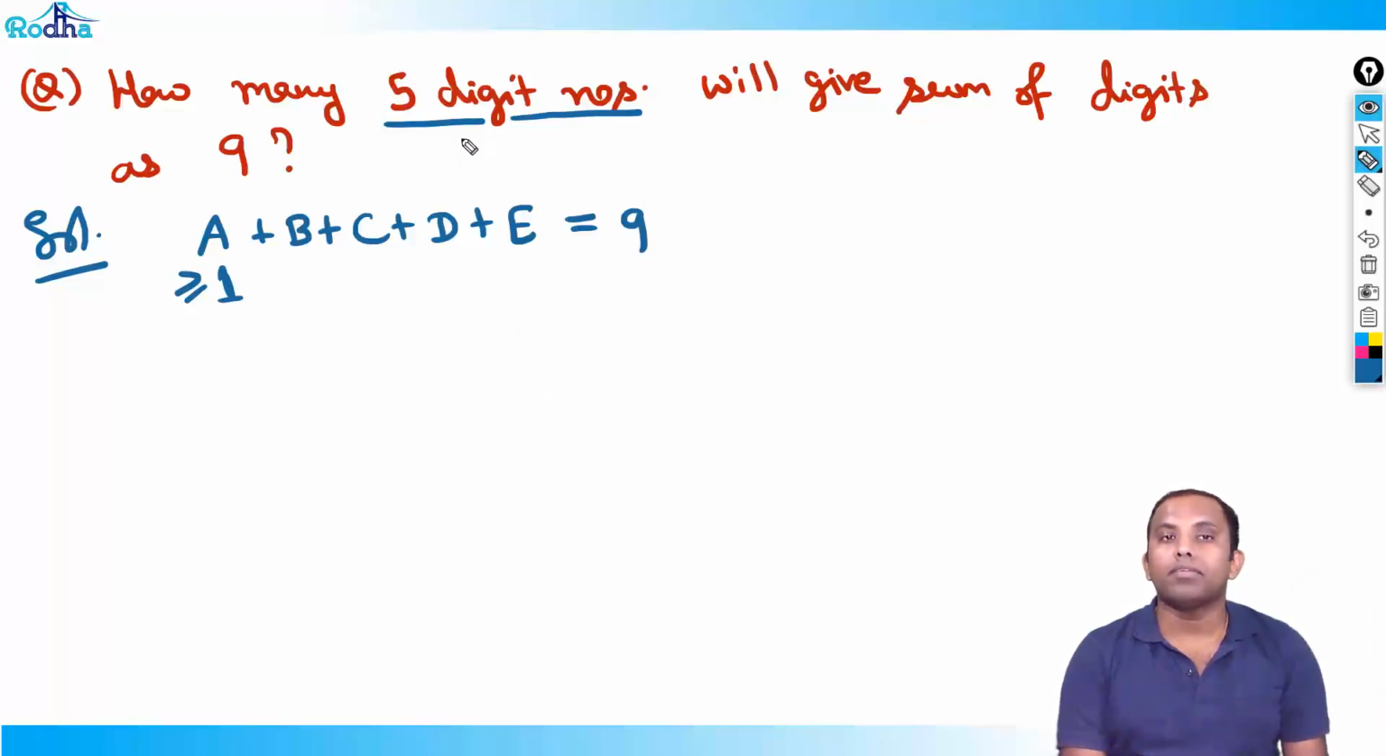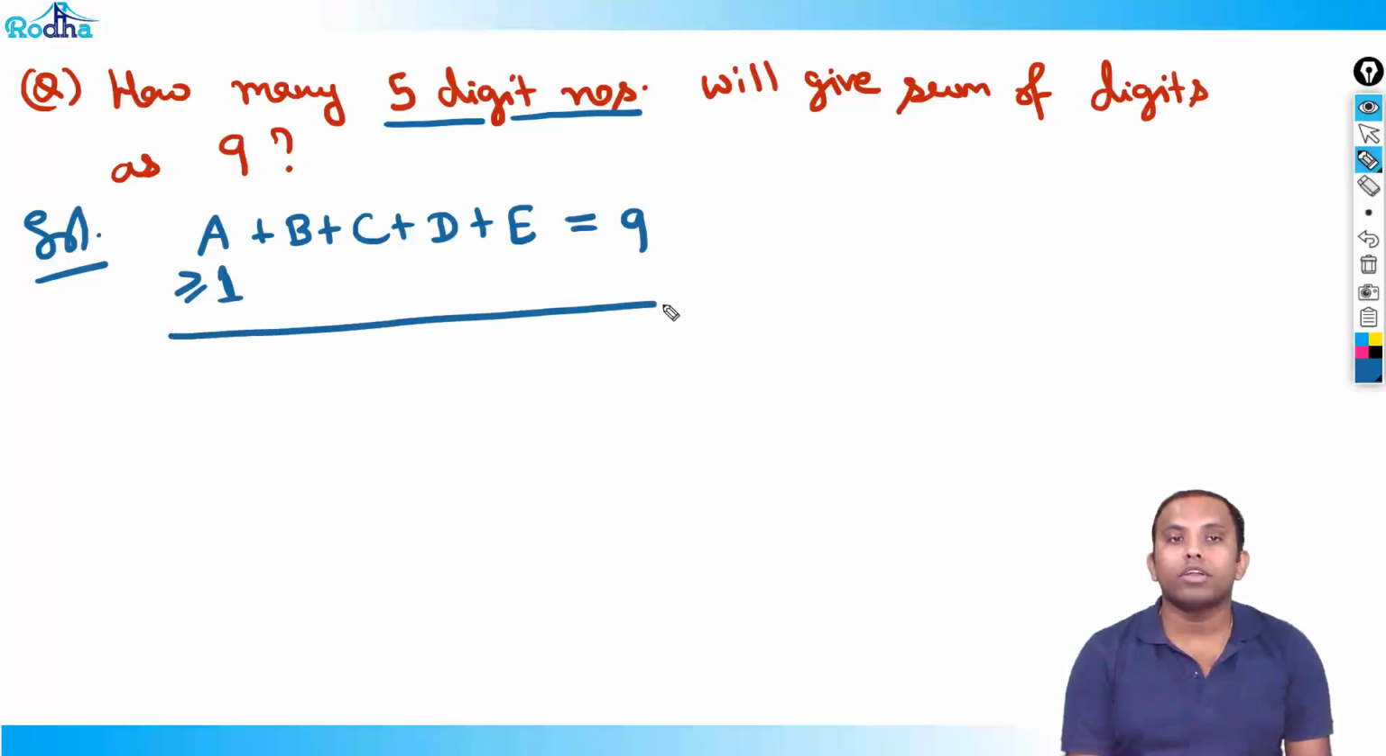So how many 5-digit numbers are there? For making it a 5-digit number, the first digit should be at least 1. If the first digit is 1, then obviously it becomes a 5-digit number, like 1 0 0 0 0. It's a 5-digit number now, right? So if A is at least 1, you can solve this condition, right? Now this question reads like